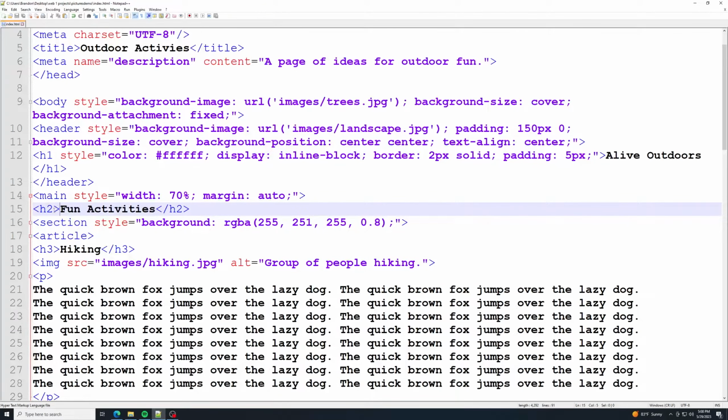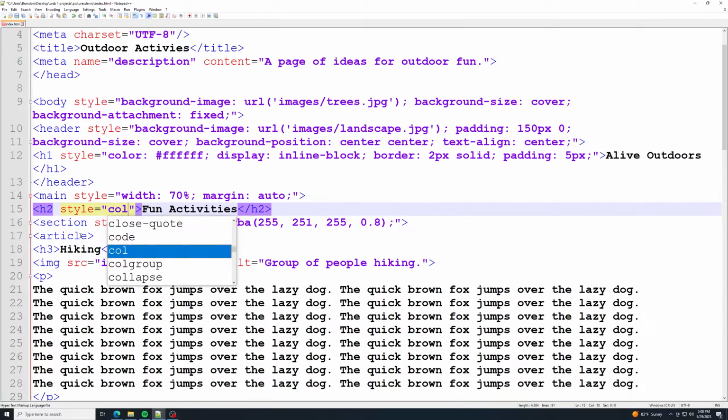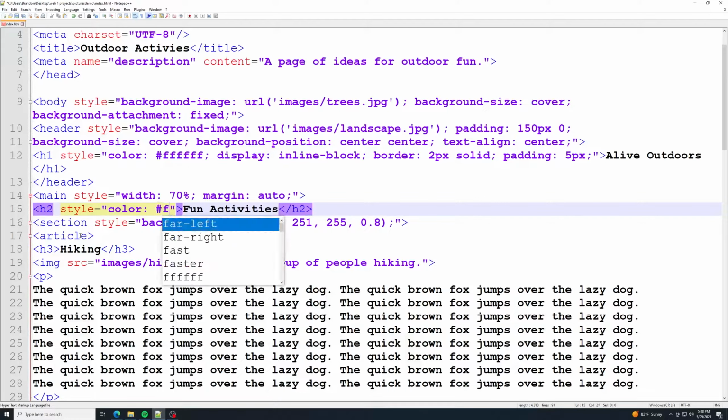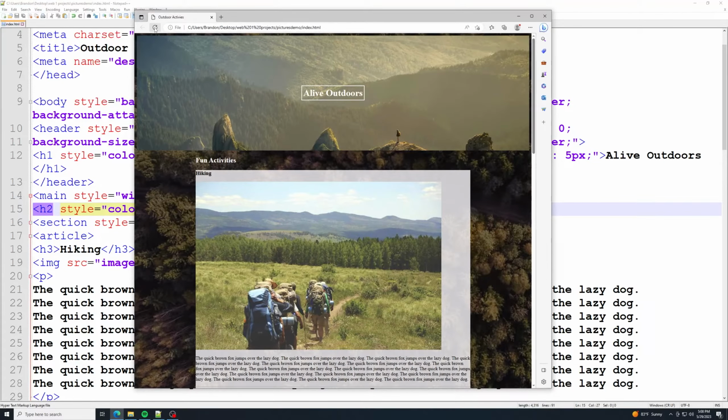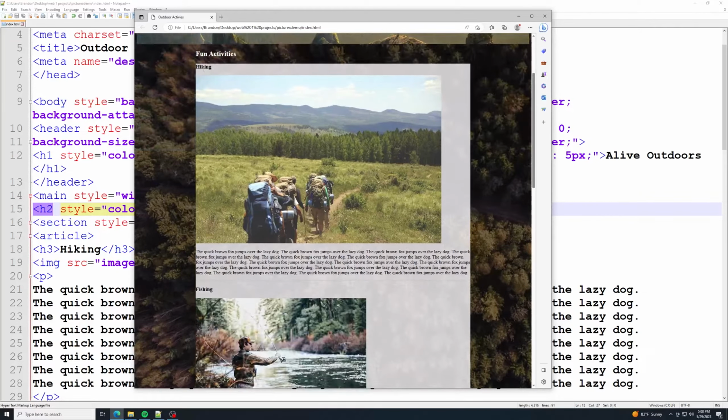That's in my H2. We'll go style equals quotation marks, color, colon, pound sign, FFFFFF, semicolon. Just a simple white on here. Or I could use, yeah, that looks pretty good. Shows up all right. Scrolling down a little bit, we'll notice in here,